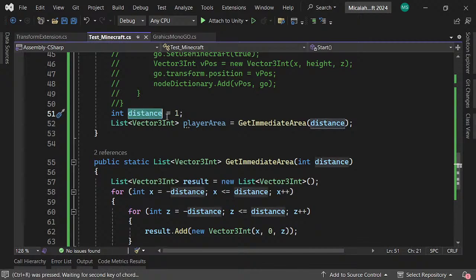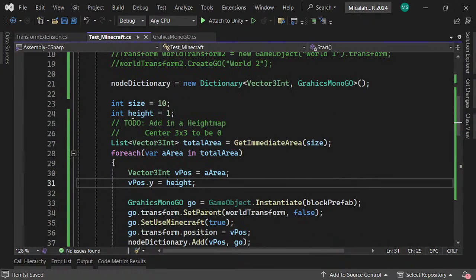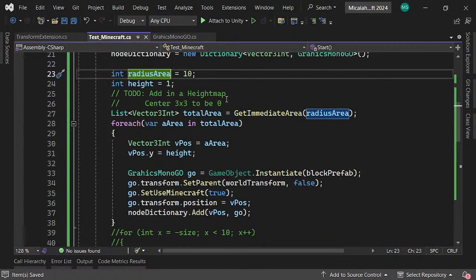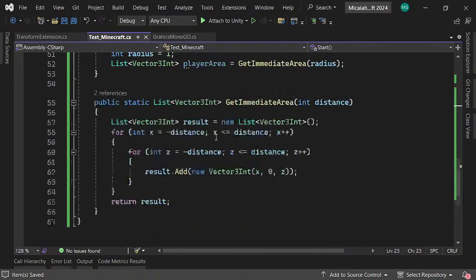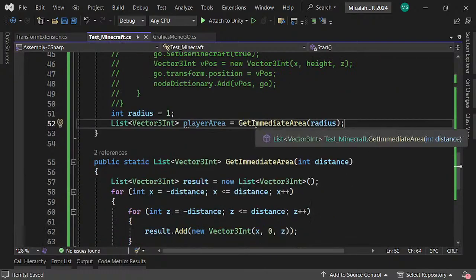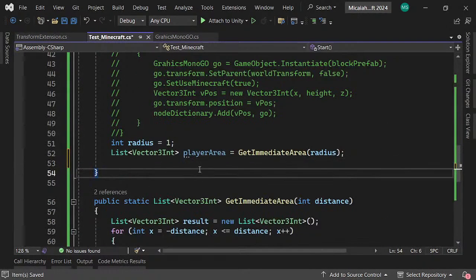This is actually like the radius. So this could be the radius of the area. When you minus 10 plus 10, that's the radius, not the diameter. Or the distance. It's like the distance from the center maybe. But anyways, from here, I'd really like to say that